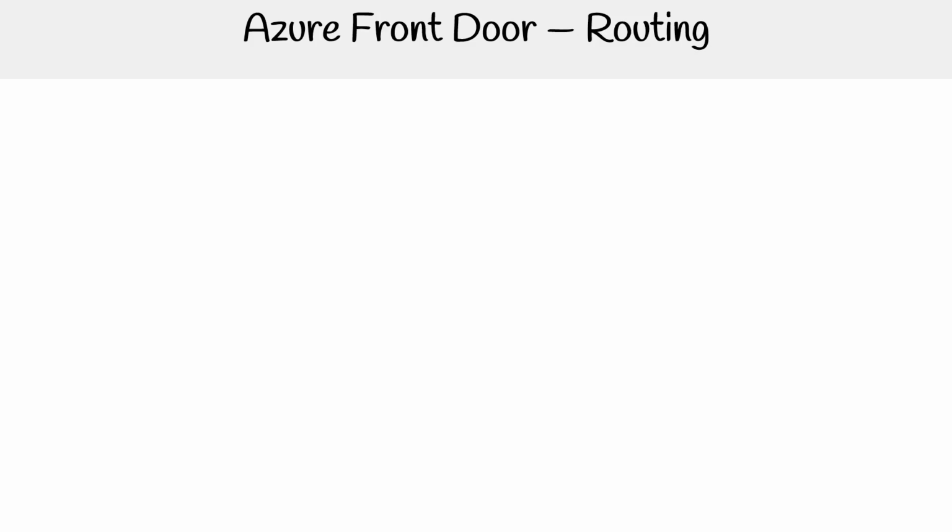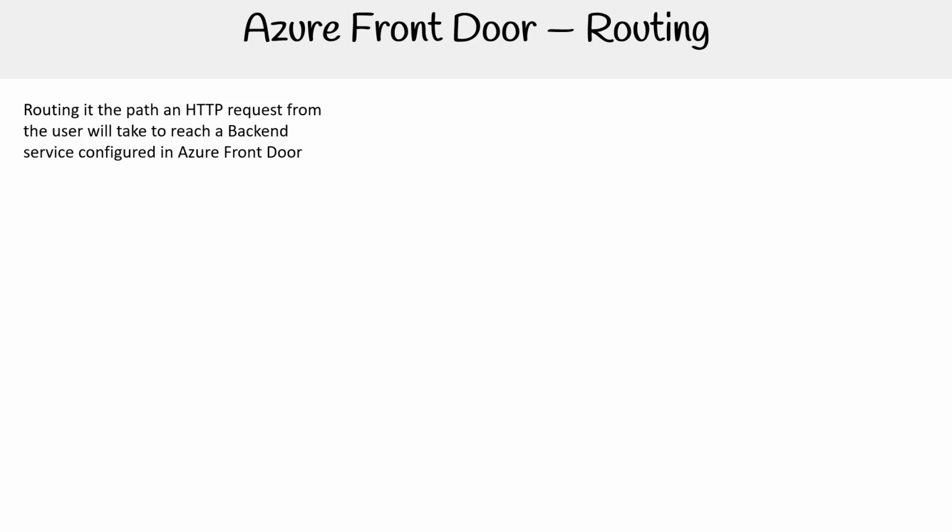All right, let's talk about how routing works in Azure Front Door because there are a lot of components and it's important to understand the flow and also the different types of routing that are available to us. So, routing is the path an HTTPS request from the user will take to reach a backend service configured in Azure Front Door. So, at the start, you have that HTTP request from the user coming from their browser, most